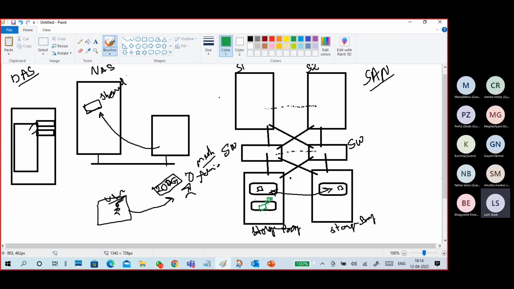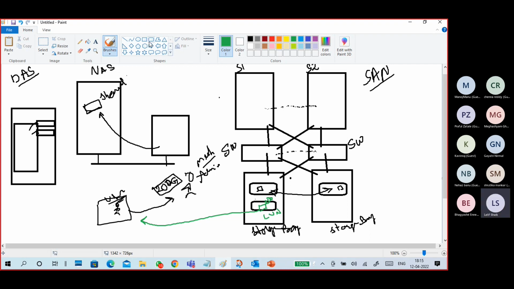It's like he is creating a logical volume. Think of a logical volume. If you remember logical volumes, he created a LUN. So this is called a LUN. He created a LUN, like a virtual hard disk. So he created a virtual hard disk and assigned it to this user. Now the user will get this disk and connect it to